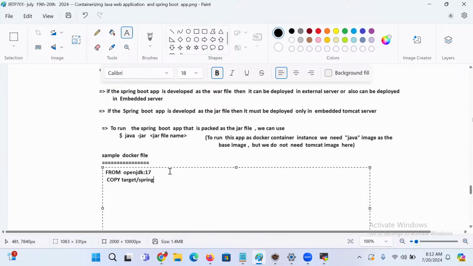Tell me, what is this? Spring Boot hyphen rest hyphen app, some application, guys. Dot jar. I'm assuming this jar file I'm going to take, Spring Boot hyphen rest hyphen app dot jar, to